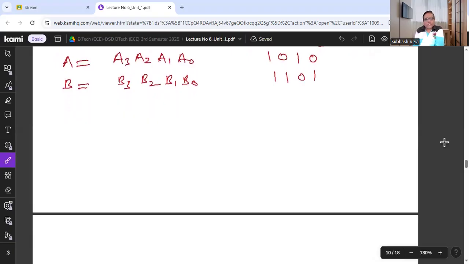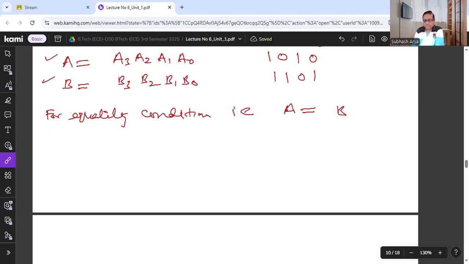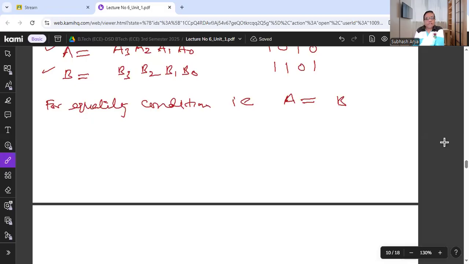Now for the equality condition, that is number A is equal to B. When can we conclude that these two numbers A and B, which are here 4 bits, are equal? So let us see the pattern. A is equal to B